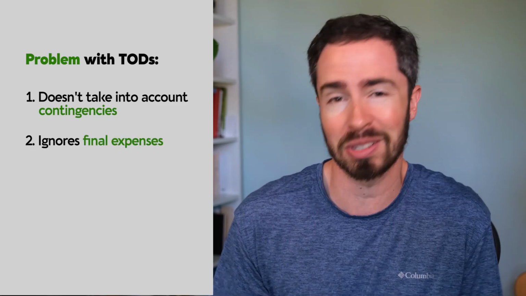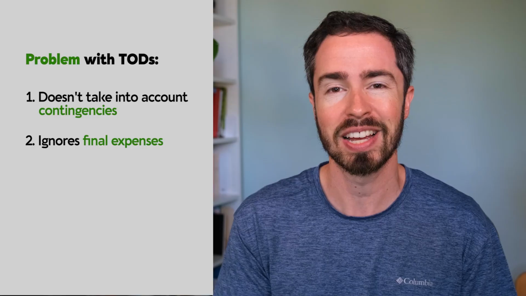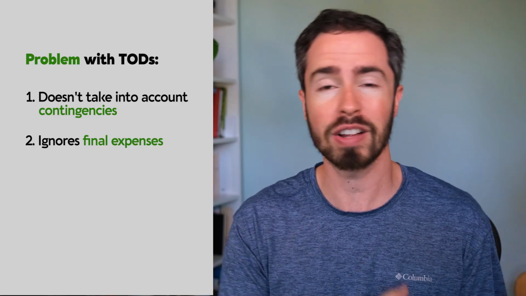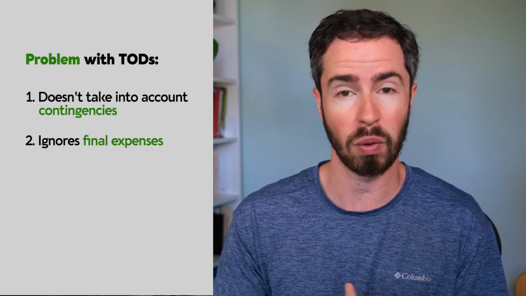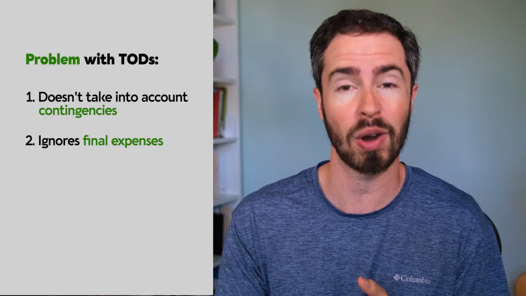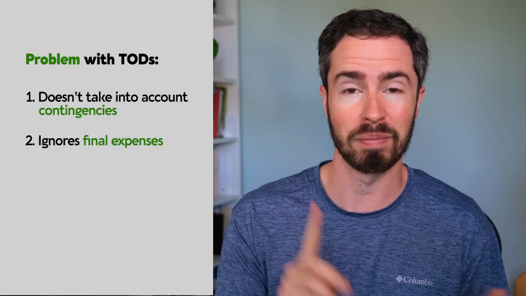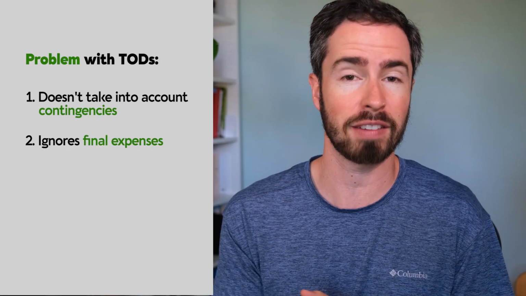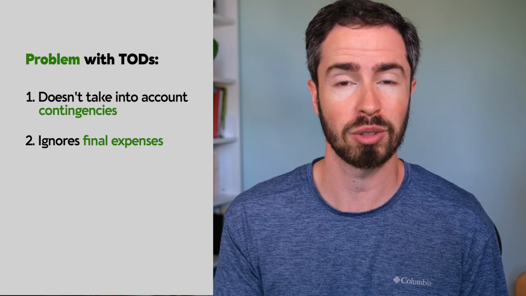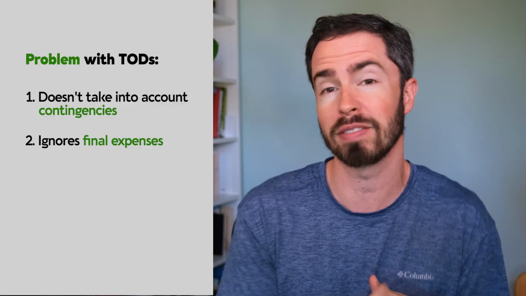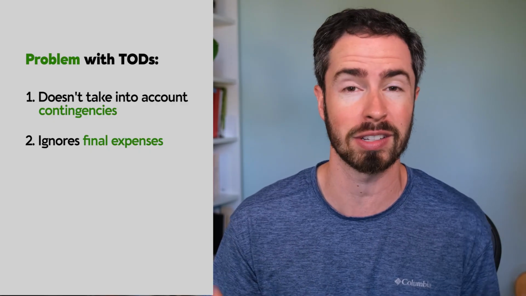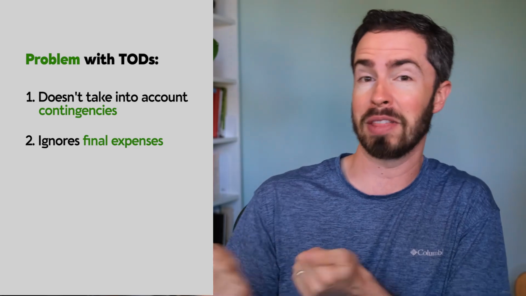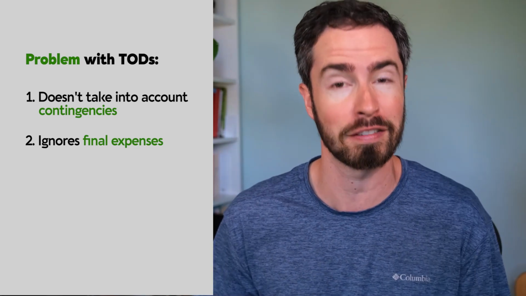There are final expenses when you pass away. I know that sounds obvious, but I meet so many people who have all of their money passed via these TODs, and then there's no money left in the estate to pay final funeral expenses or property taxes on the home they've left, or final expenses they have to account for with the executor. If there's no money left in the estate, it can cause a big issue where you have to go to the beneficiaries and say, hey, can I have some of that money back that you got? Because we actually need to pay for some things.